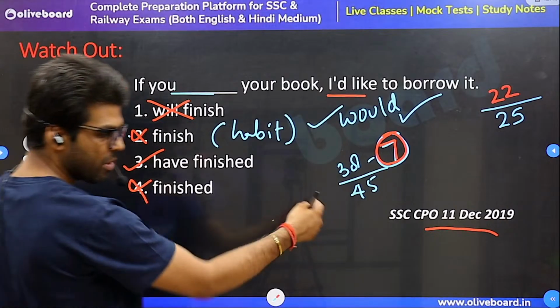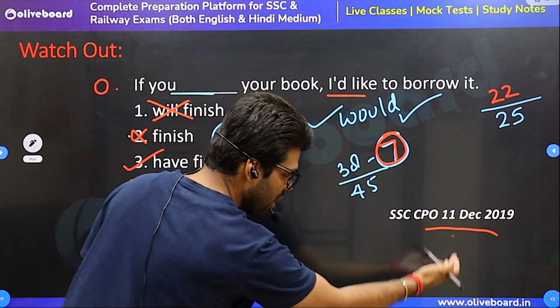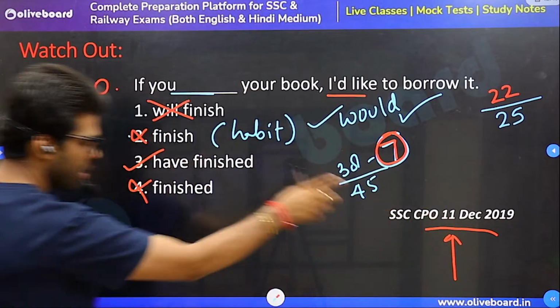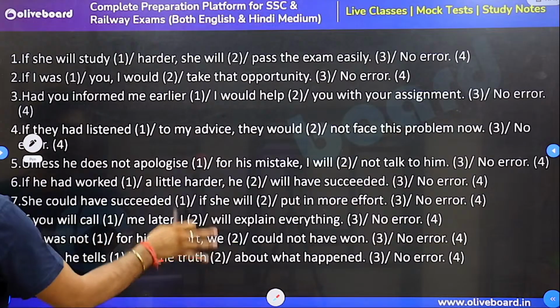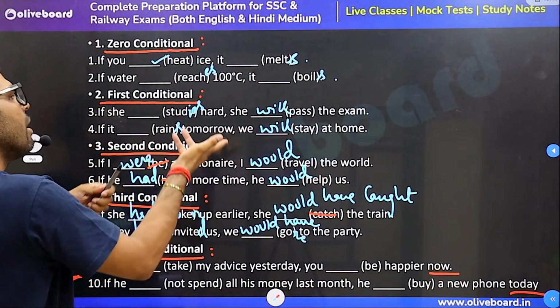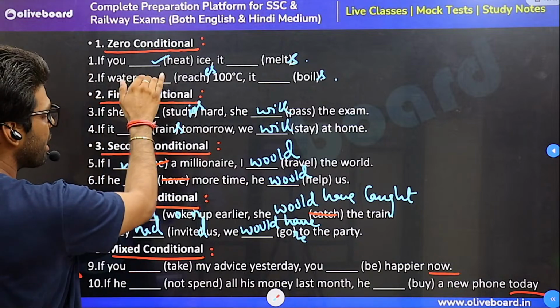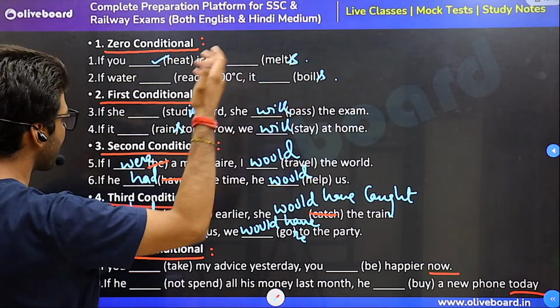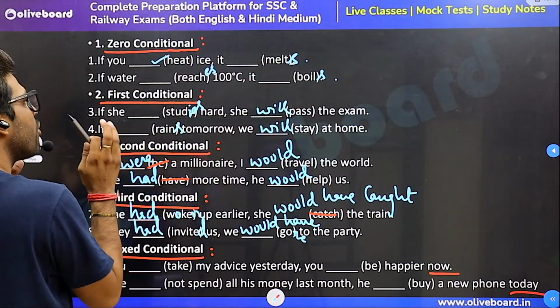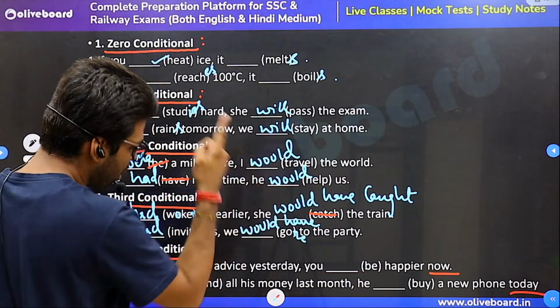And this is not something I am making up, like I am teaching something different. Quite commonly in examinations, we come across such. Just a sample to demonstrate. So quickly, I'm going ahead. Zero conditional: if you heat ice, it melts. Usually, this belongs to present indefinite. If you heat ice, it melts every single time, today, yesterday, or tomorrow. If water reaches 100, it boils yesterday, today, tomorrow. This belongs to present indefinite.